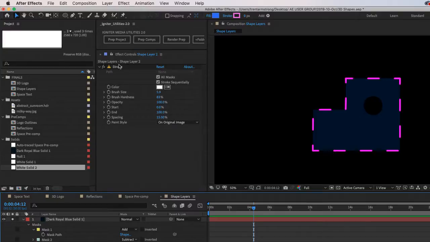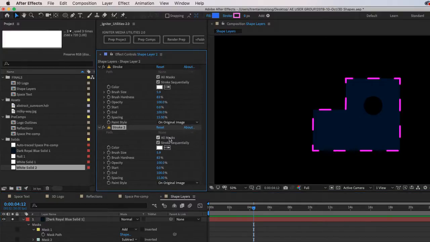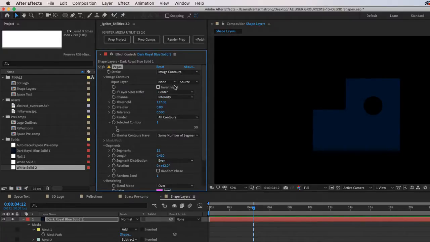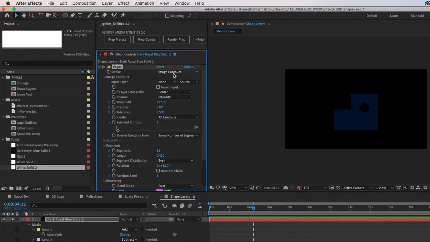So Vegas will do that for you, but I would also need to add another guy here. Sorry. Let's try image contours. No, I think it does the outside of the thing.